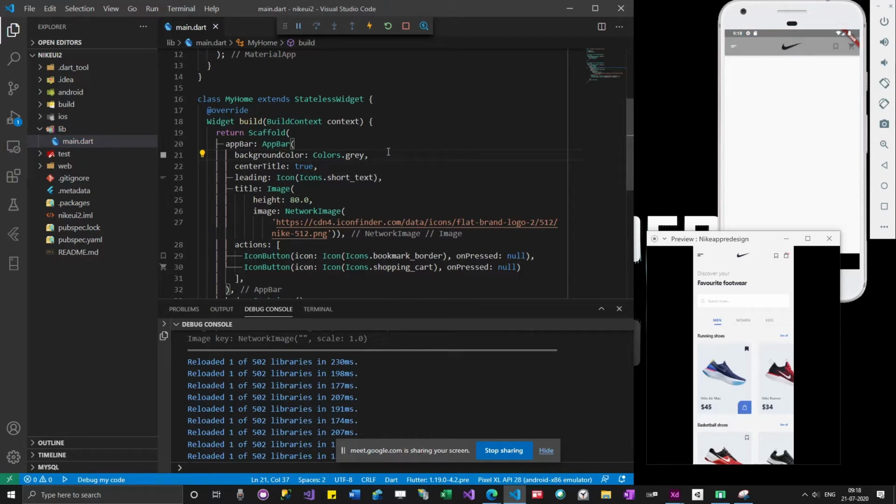Actually you can change the, I'm not exactly sure, maybe the concentration of color we can say. If I give something like this, you can see it has become a slightly different color. The concentration has reduced, and since the icon is white in color, it didn't appear now. So I have to change the color of the icon also.